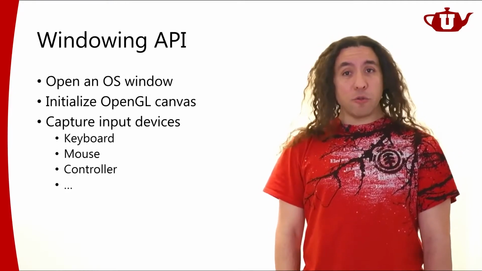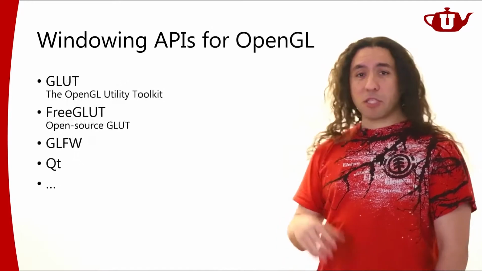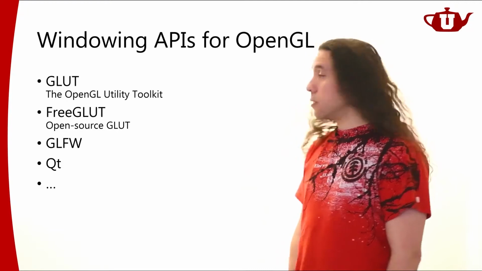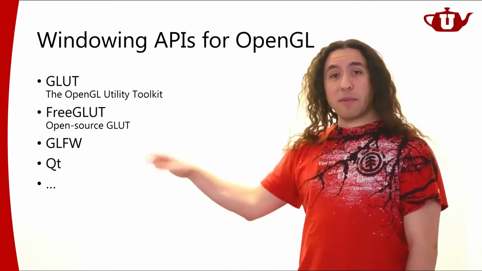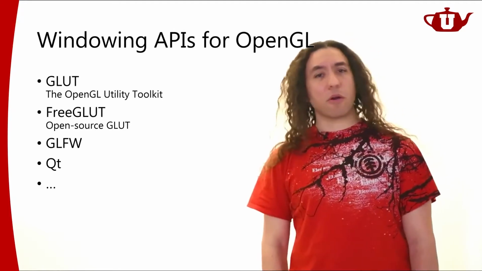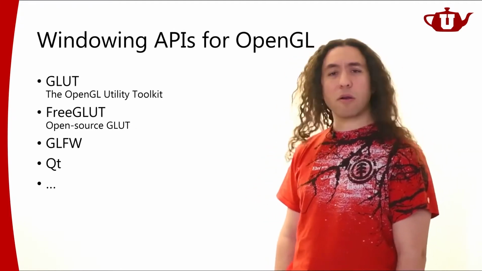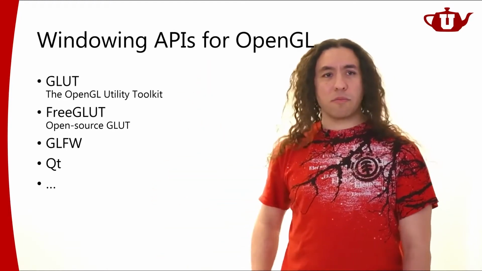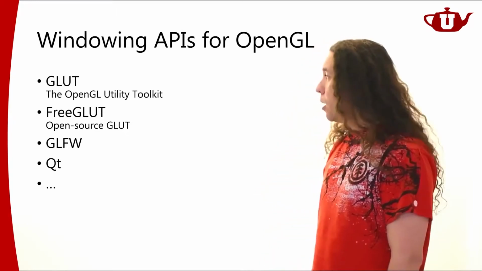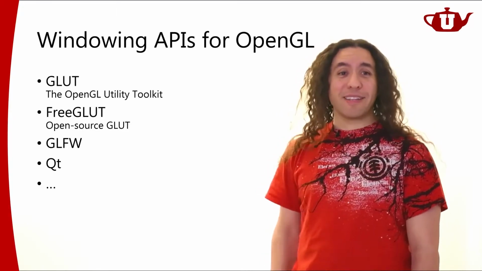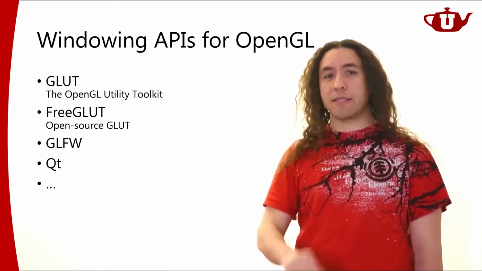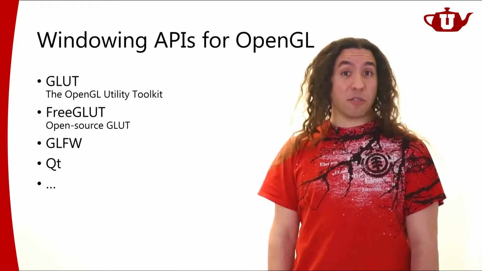Well, we can use various types of APIs. I'm just giving you some examples of APIs that we could use for OpenGL, and these are the ones that I'm listing here. They are platform-independent APIs. So they would work on Windows, they work on iOS devices, they work on Linux. So you can pick and choose whichever one of these or anything else you want to use. I'm not going to give you any restrictions on the types of windowing APIs you can use. You can really use any API that you want as long as it's freely available, so we can obtain it too.